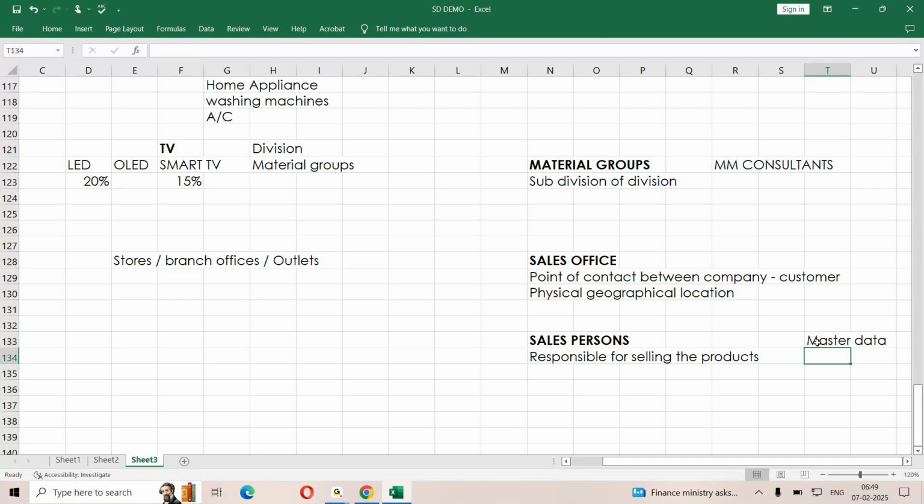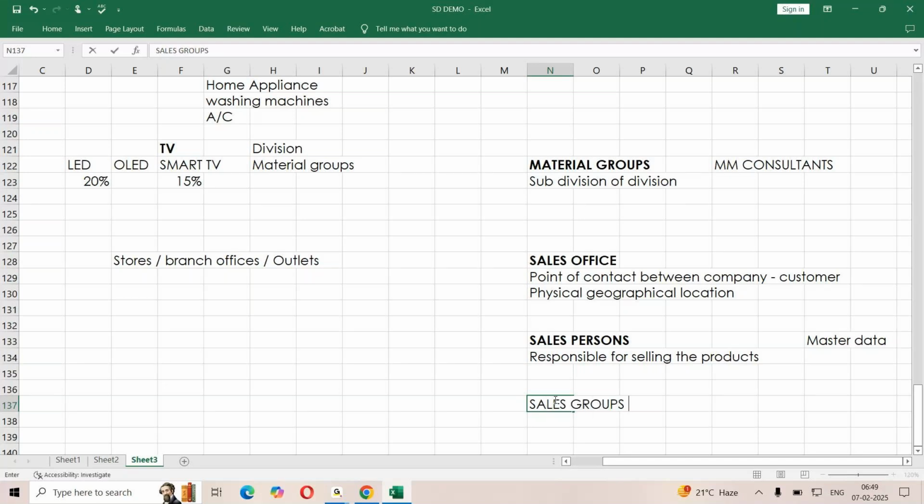This is not going to be part of your configuration data. We name it master data over here, because employee master data is what we need to keep in the system. Okay. Now, who will be maintaining this particular master data? It is going to be your end users who will be taking care of it. Okay. And the salespersons are going to be divided into teams.